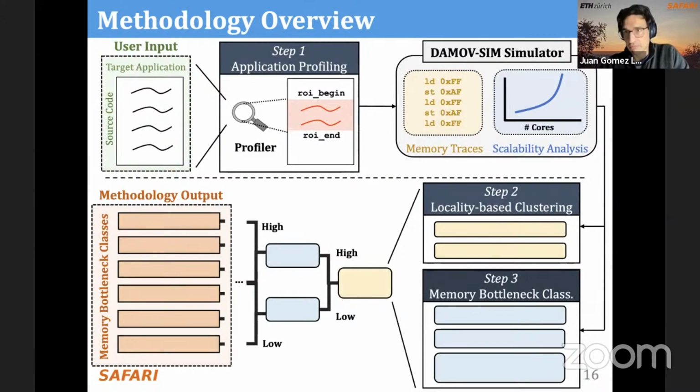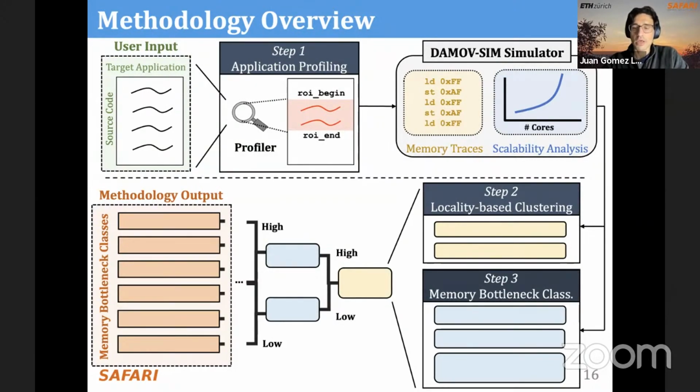In other cases, we found that one of the classes is compute bound, and these kinds of applications are better executed on the host system. They don't really benefit from processing in memory. But as I said, not only this methodology to characterize the workloads,